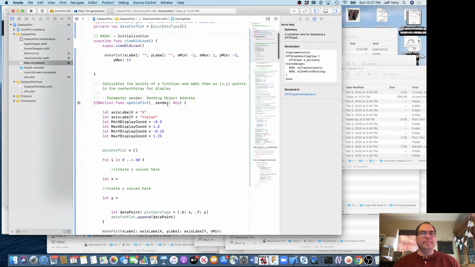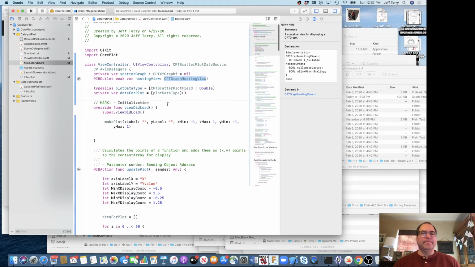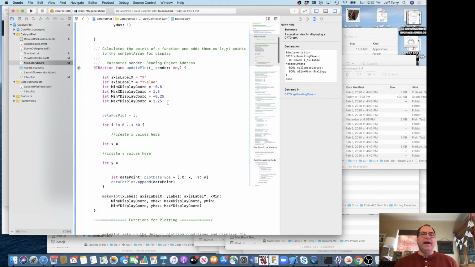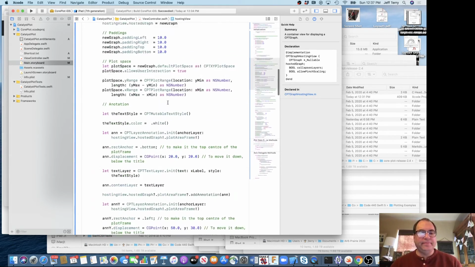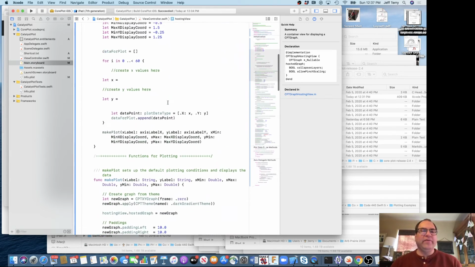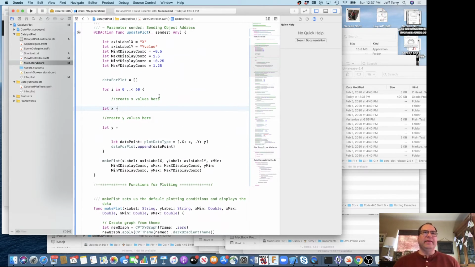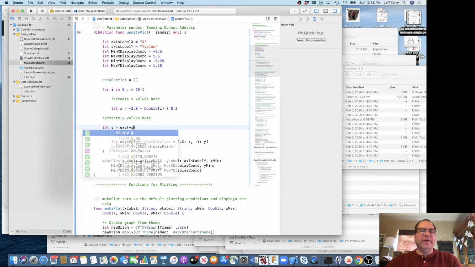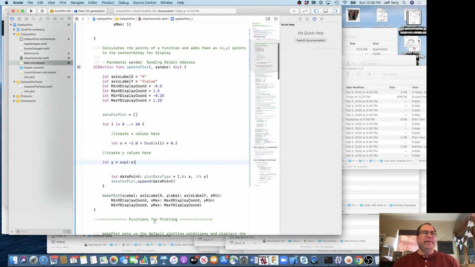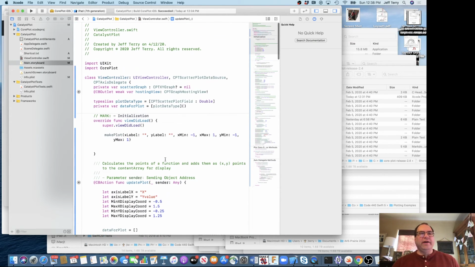Close this up. And now, if we give it a function, and so we had this for minus 2.0 plus Double(i) times 0.2, so that'll give us the x coordinate. For the y component, we just want e to the minus x. Now we have our program wired up,